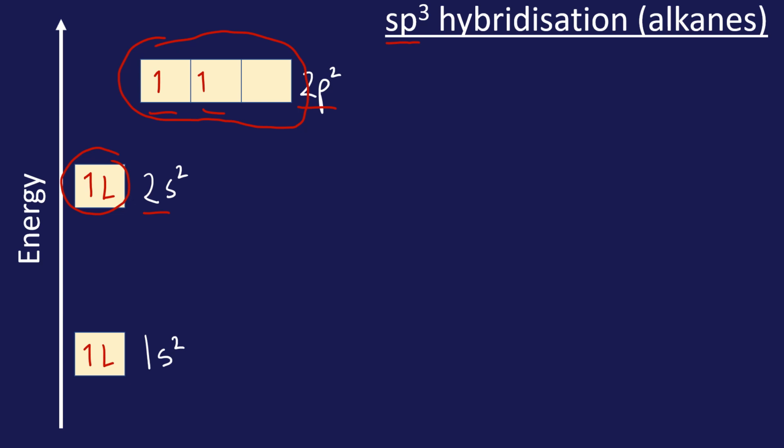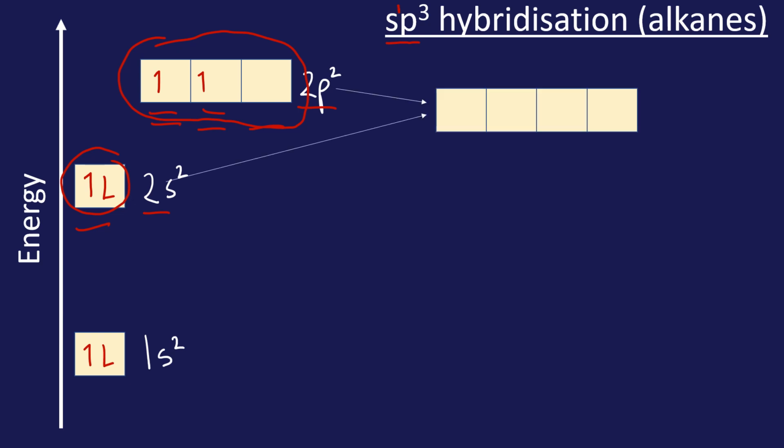That means there's 1 s orbital and 3 p orbitals. So 1s, 1, 2, 3 p orbitals. So what happens is they will combine and hybridize to make 4 new orbitals. Notice the energy. They're slightly below the 2p, but definitely above the 2s because it's a combination of the two. You could argue that it's 75% 2p and 25% 2s. So there's our 4 new orbitals, and we call these orbitals